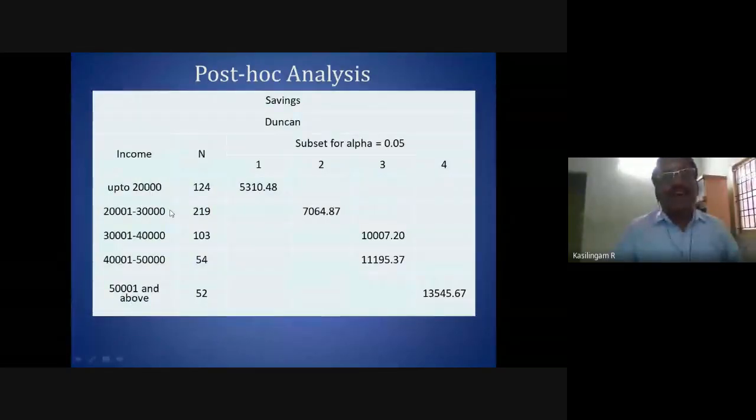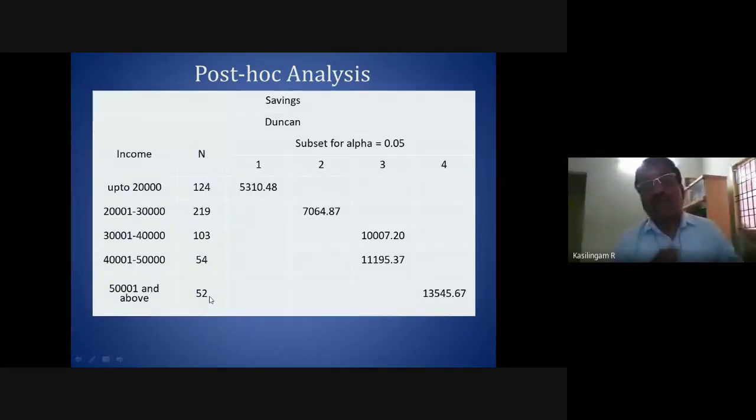Then we have N. What is N? It is the frequency. In that income category there are 124 people, because the income variable is a categorical variable, which is why it is giving the frequency: 124 people, 219 people, 193 people.